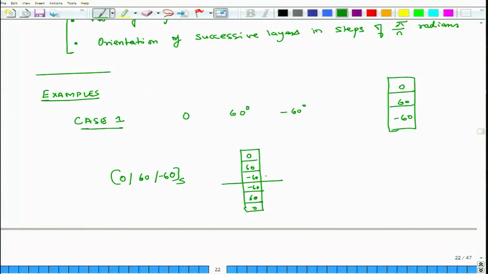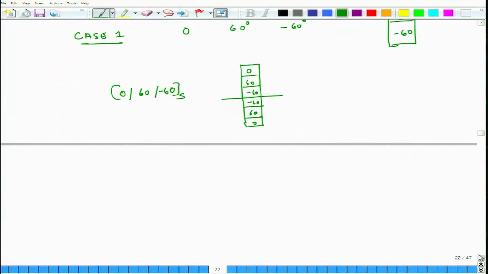because A matrix only depends on the thicknesses. So, the same sequence is being repeated, so the quasi-isotropy will be retained. The other thing is that in this case, because 60 and minus 60 are next to each other and minus 60 and 60 are next, D16 and D26 will also be a little bit less. We are talking about a group. So, the same group can be repeated. Another case,